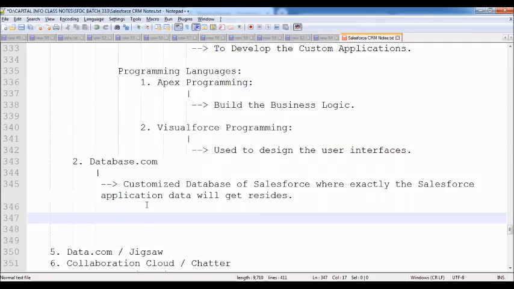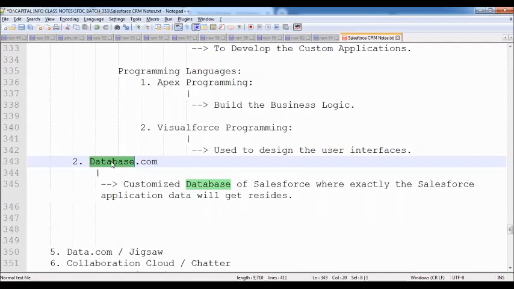Now in this case, you can raise a question. Sir, if I'm storing the data in my local database, it is a confidence to me, an assurance that my data is safe, because the data is stored on a server inside my own organization. But Salesforce is storing the data somewhere on their Salesforce server. Database.com is available somewhere on the Salesforce server side, maybe in the US, UK, Germany, or Japan. Then what is the guarantee to me that my data is safe?